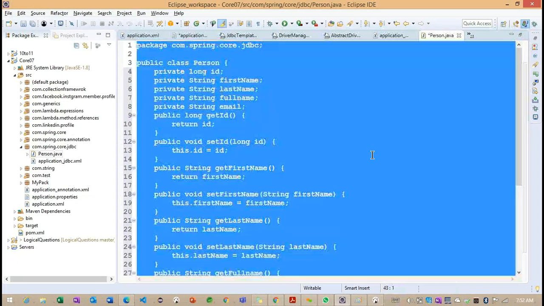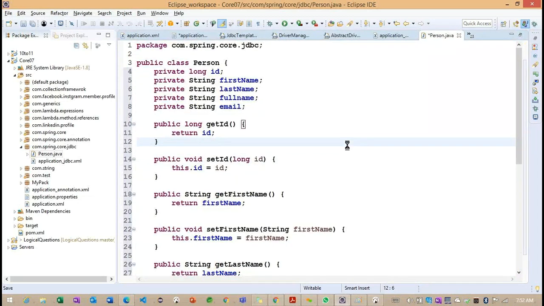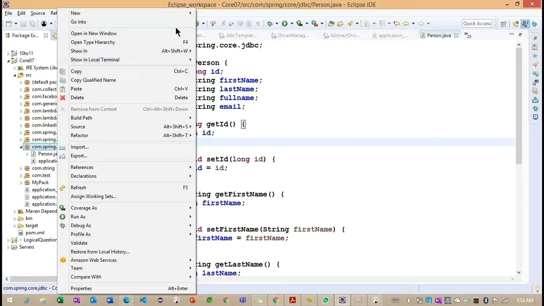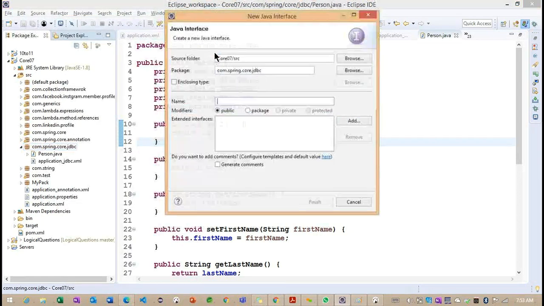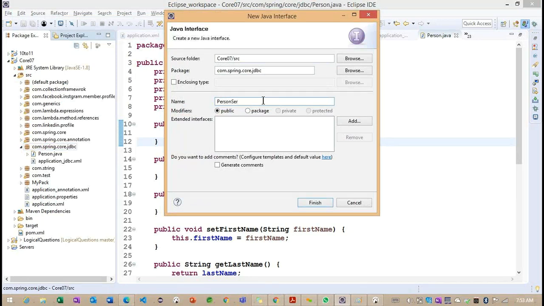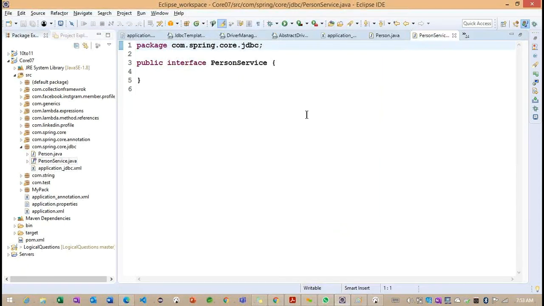So now what you are understanding here is that with the help of this particular person, we'll try to store the object inside our database, with the help of this particular Postgres database. Okay. After adding this person information, I'm directly creating service classes. What are the service classes we can create? Person service. Person service is our interface here.